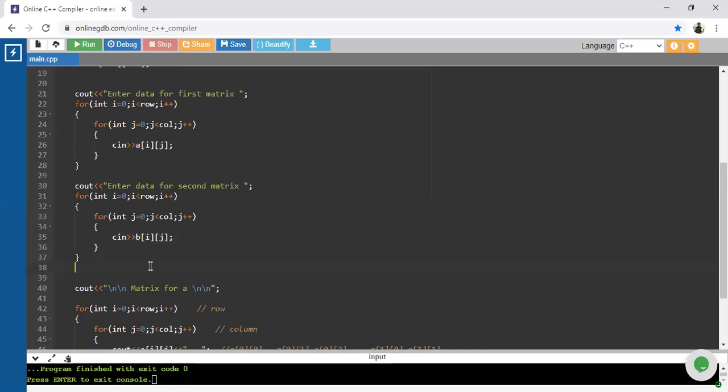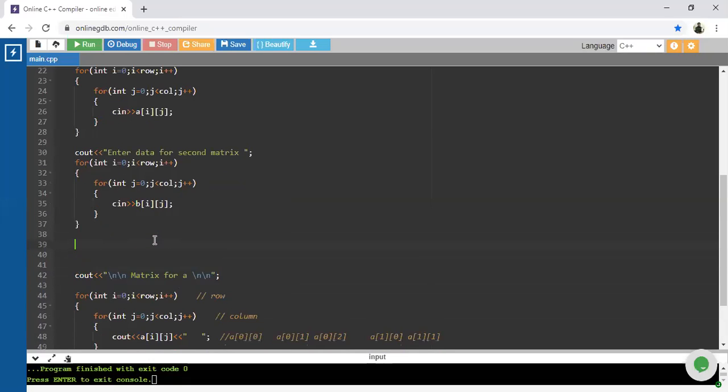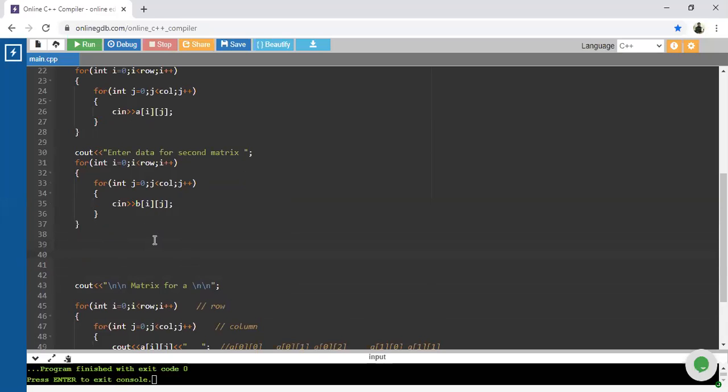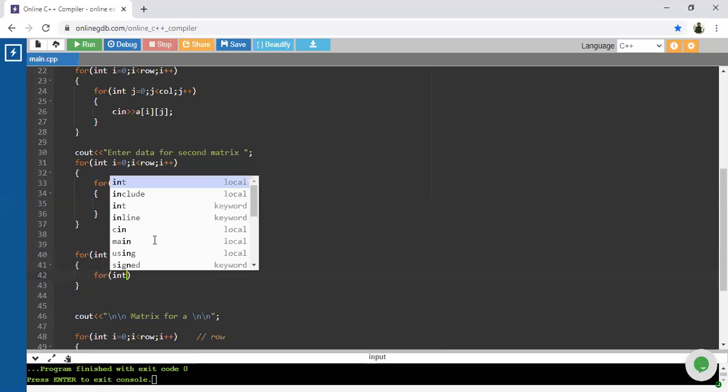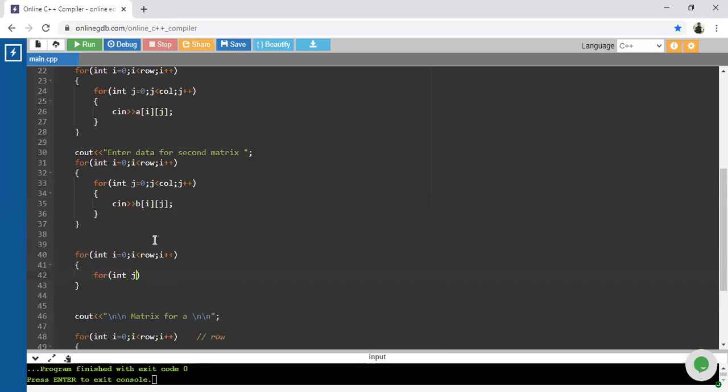Now, most important, guys, we have to perform the addition. How are we going to perform the addition? Again in the same manner, we require two different for loops. So for integer i is equal to 0, i less than row, and i plus plus. Next, for integer j is equal to 0, j less than column, and j plus plus.